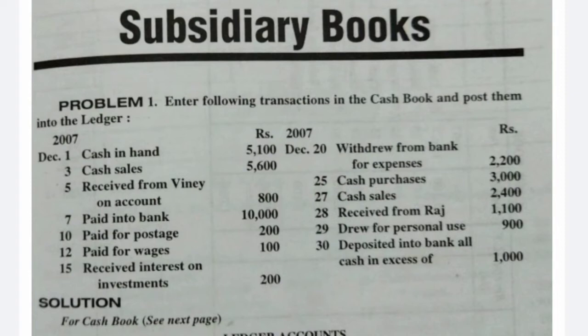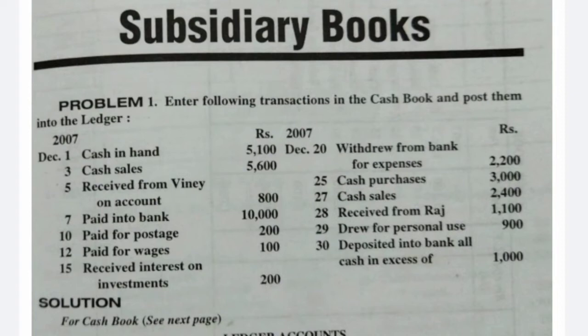And if in the Raj ledger account, Raj is on the credit side, then the cash is on the debit side. So Raj is on the credit side, so the Raj ledger account will be credited by cash, that is with rupees 1100. And drew for personal use, then the journal entry would be drawings account debit to cash account,